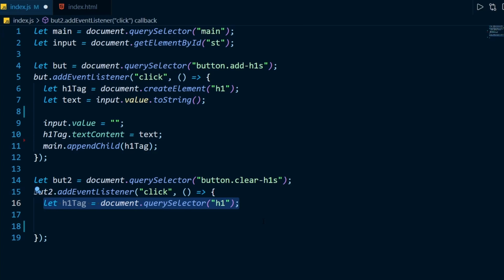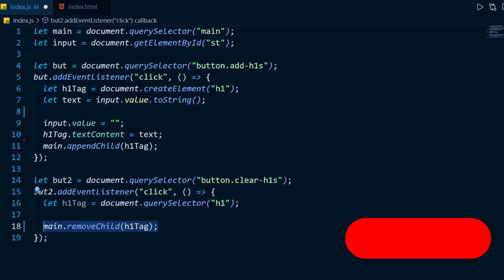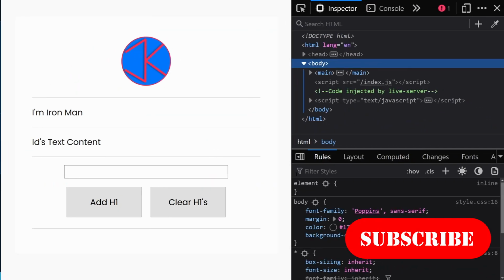That is the default behavior, and it will just select one h1 tag because we are doing query selector and not query selector all. There's a method called query selector all which selects all the h1 tags, but because we are using query selector and not query selector all, it will only select one h1 tag. And now we can just do main dot remove child h1 tag, and now it should work.